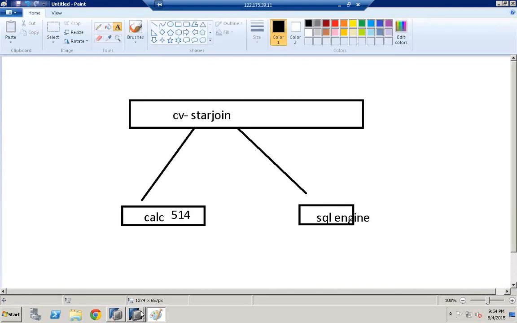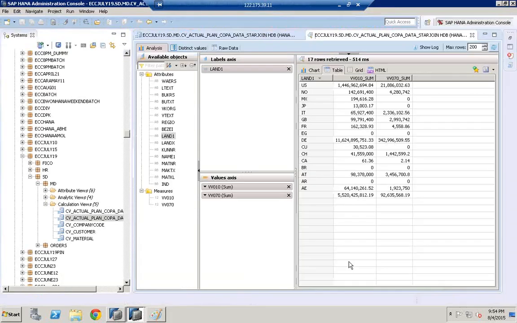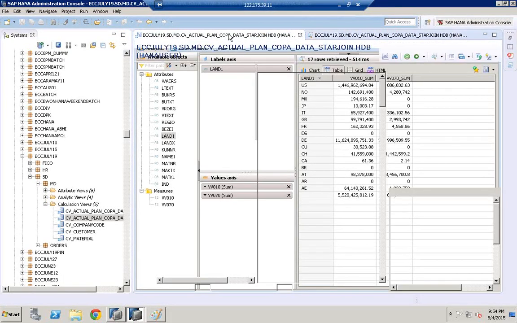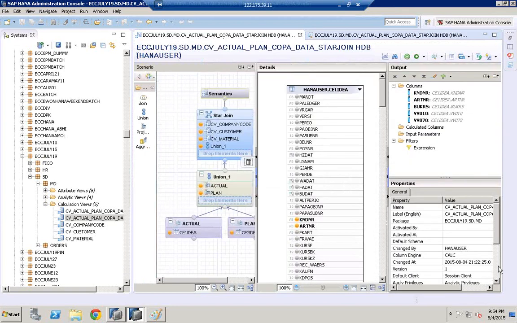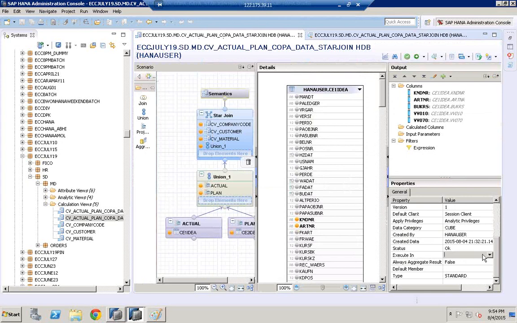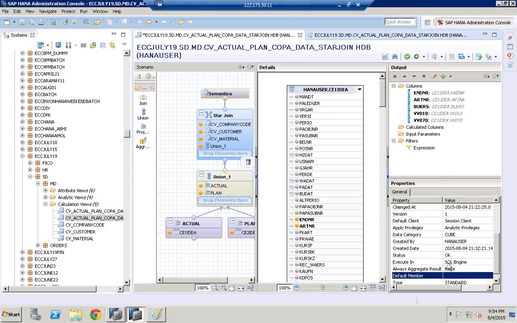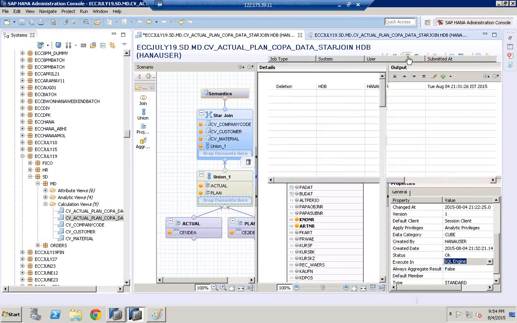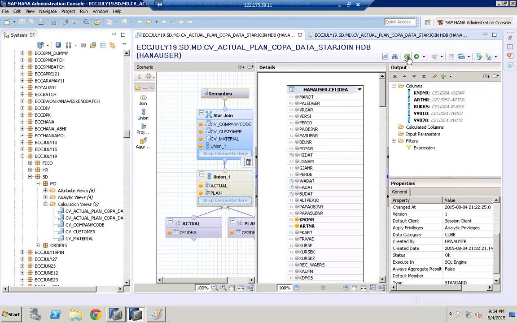The same calculation view, when you change this engine. Here in the calculation view, we're changing the execute in option to the SQL engine. So execute in SQL engine. When you change this to SQL engine, click save and validate, and click save and activate. Once this is done,